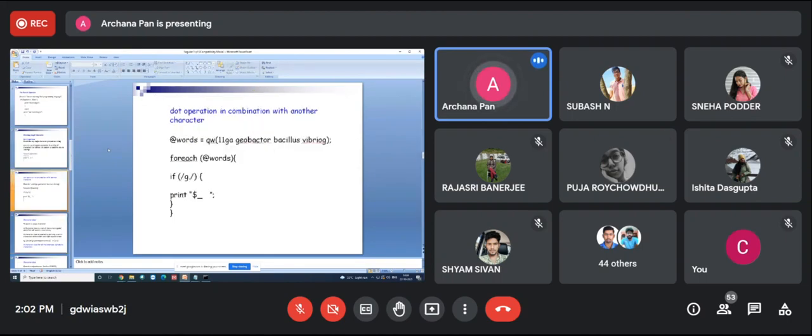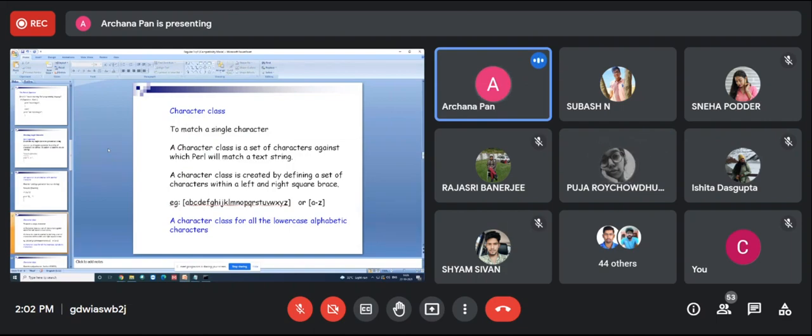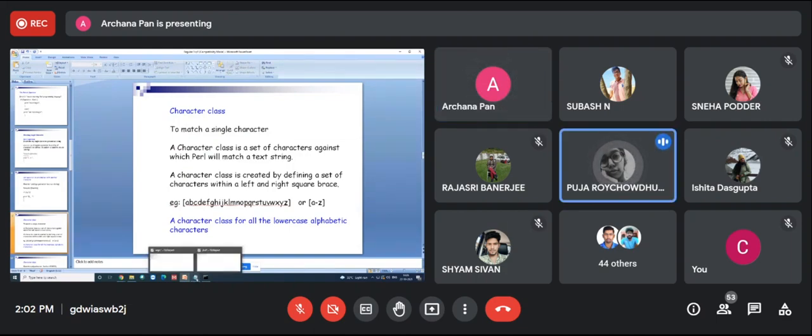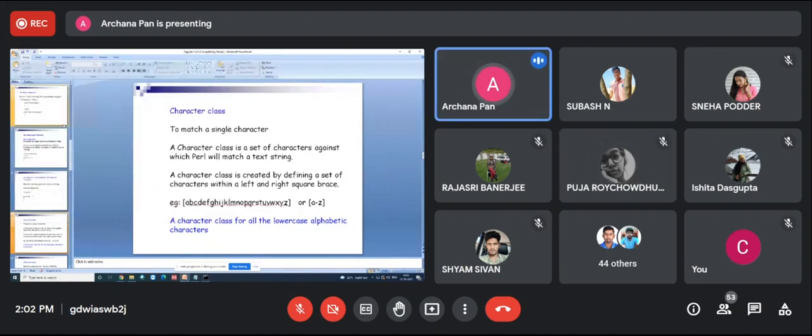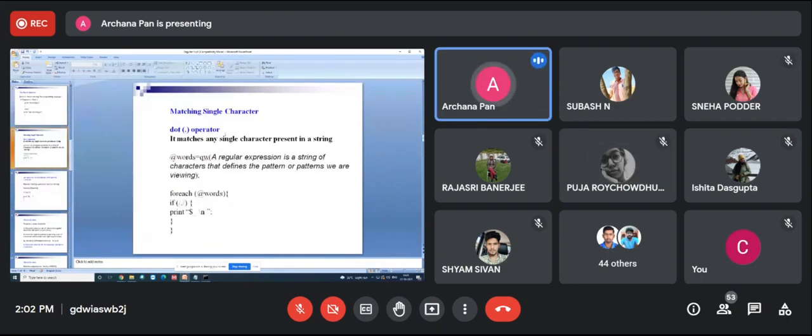Next one, ma'am: G can be preceded by any characters and still that would be printed then? With any character, okay. See this one. What is the function of dot? It matches any single character present in a string.